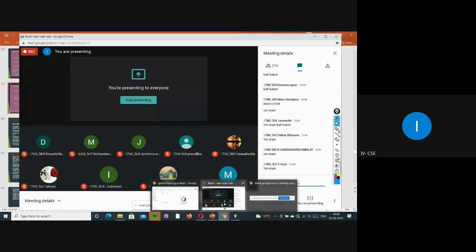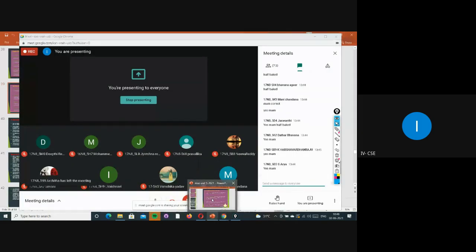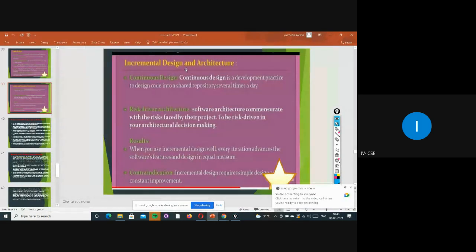Okay, so today we are going to see the topic that is incremental design and architecture, right? Everyone knows what incremental is, right? So when we are doing this incremental designing, who are we involving, and in which case are we doing it? Everyone knows, right? Whenever we involve customers, we definitely get new features or new requirements.